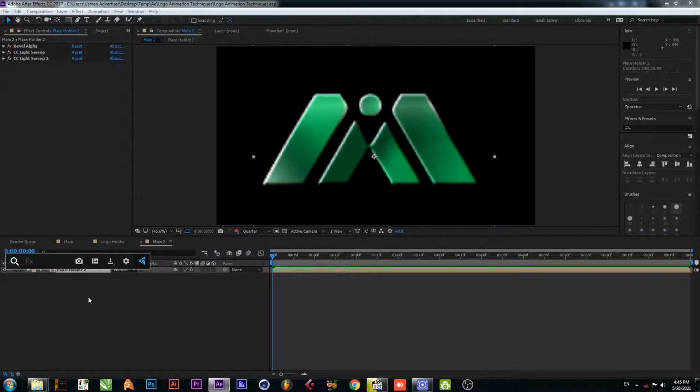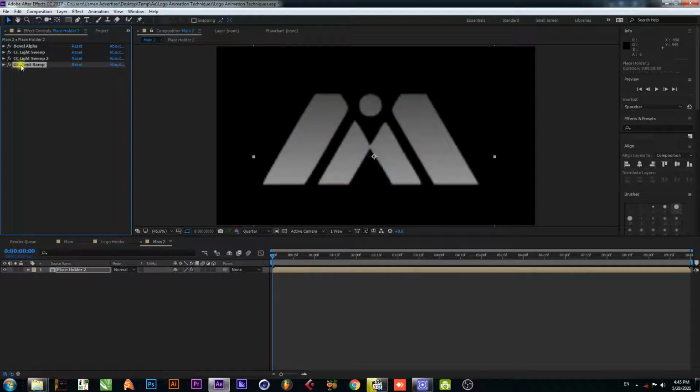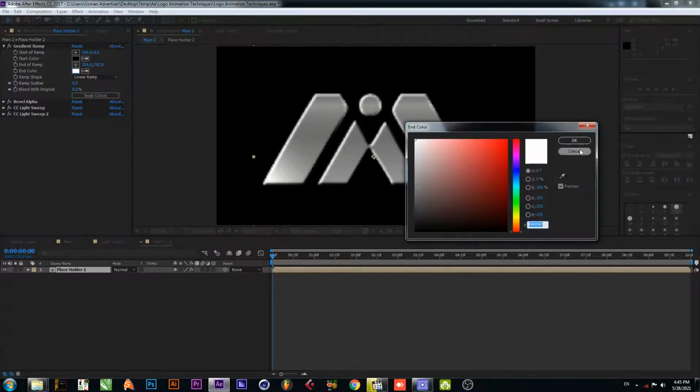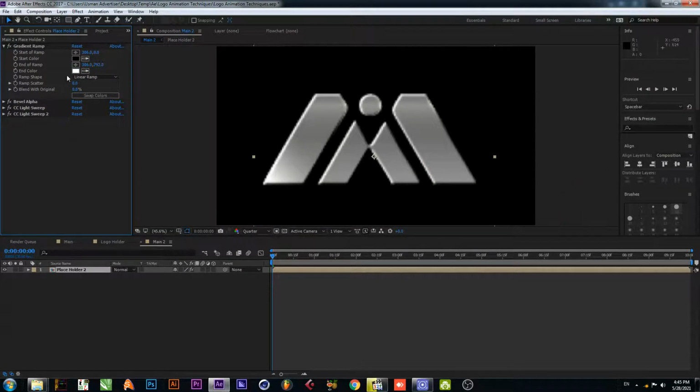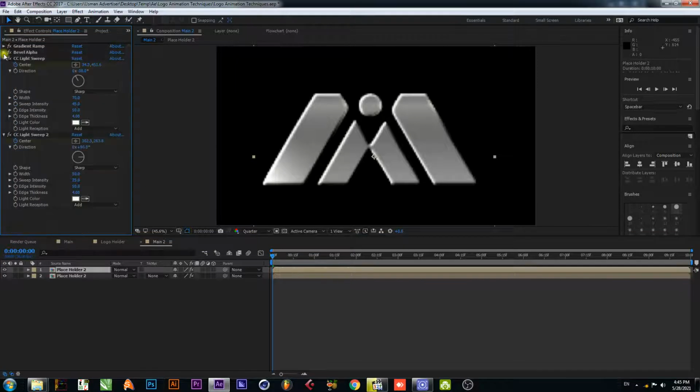now apply the gradient ramp, drag and drop at the top. Okay, here you can change the color. Okay, now create duplicate of placeholder by Control D and delete all effects